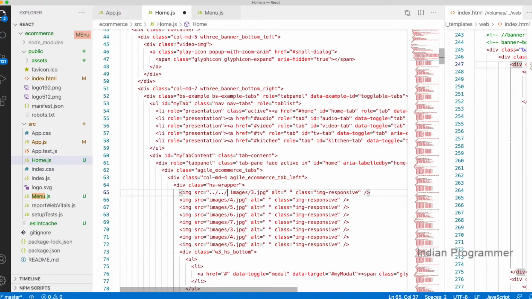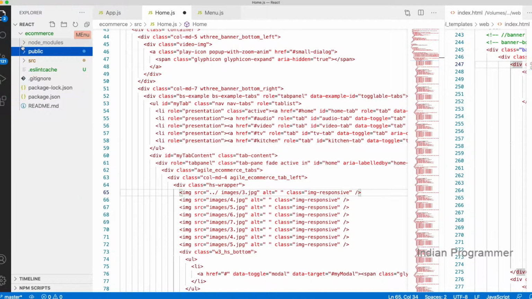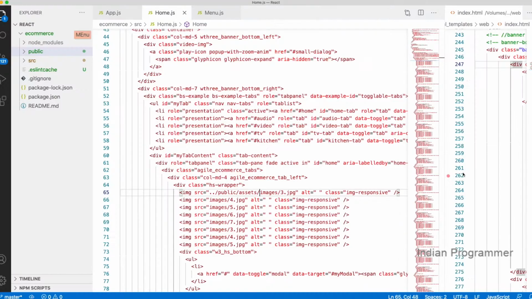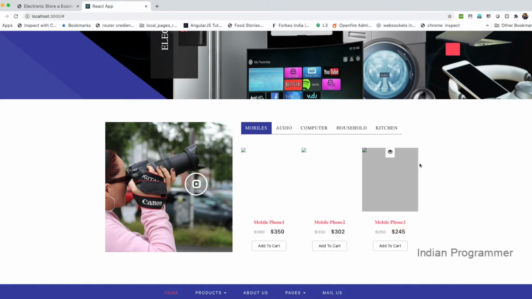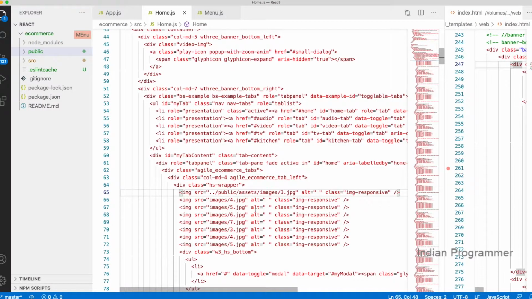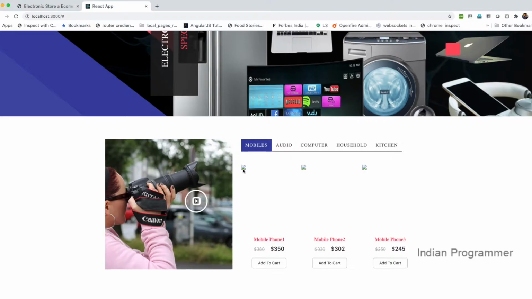I think I need to put how much. So our folder is inside the source. So source and public as assets. Yes, and inside the images. Okay, let me see whether it is working or not. It's not working. Let me see the source and inspect.